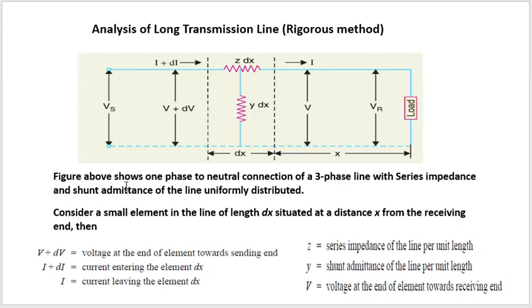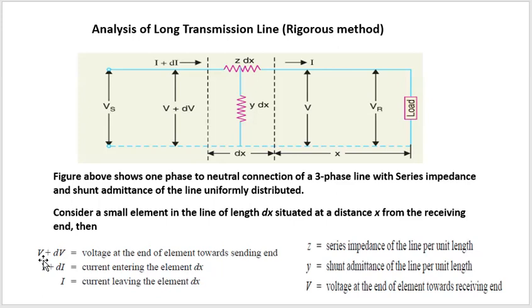Now we have to analyze this figure. As I have mentioned these different parameters, let's study what these parameters mean. This diagram is basically a one phase to neutral connection of a three phase line with series impedance and shunt admittance of line uniformly distributed. Now if we consider a small element of length dh, which is situated at distance h from the receiving end,